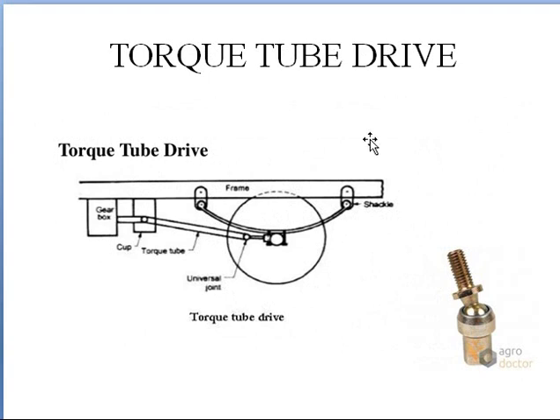Next one is torque tube drive. Hotchkiss drive and torque tube drive are almost similar, but the only difference is that in the case of Hotchkiss drive we used two universal joints here and here, but in the case of torque tube drive we don't use two universal joints. So here you have a knuckle joint and here you have a ball and pinion joint like this. So now whenever you have an up and down motion, this ball will move within the shaft up and down. So this is torque tube drive.